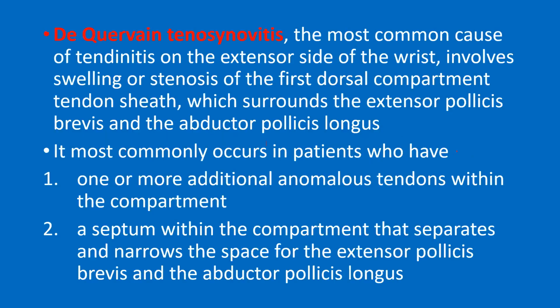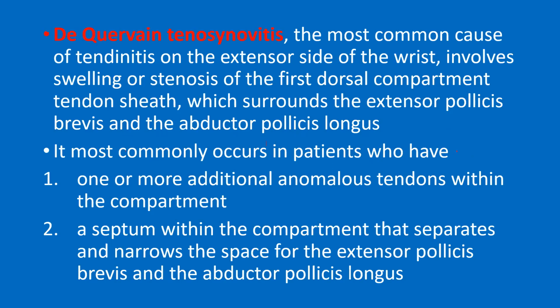Now we're going into conditions. De Quervain's tenosynovitis, I'm sure you all know about it. It is the most common cause of tendinitis on the extensor side of the wrist. It involves swelling or stenosis of the first dorsal compartment tendon sheath, which surrounds the extensor pollicis brevis and the